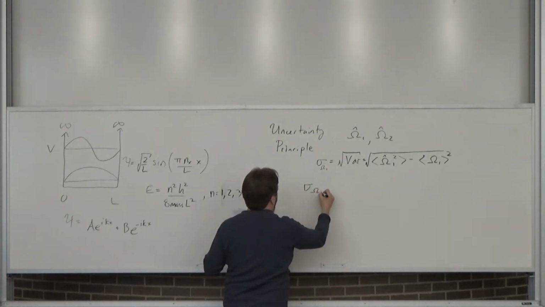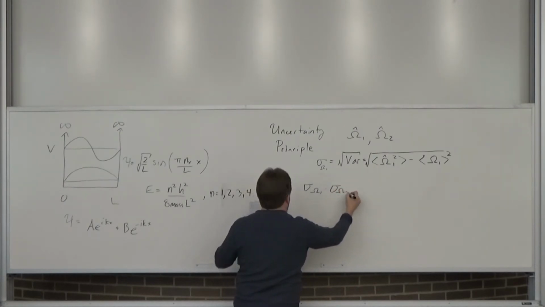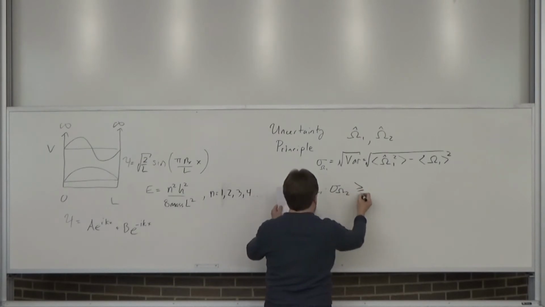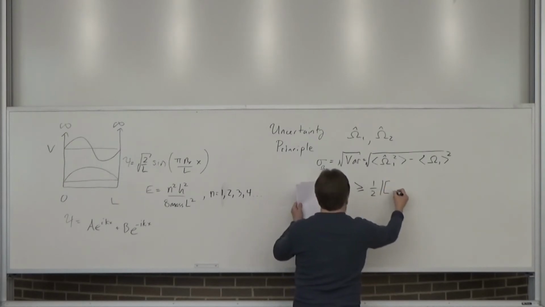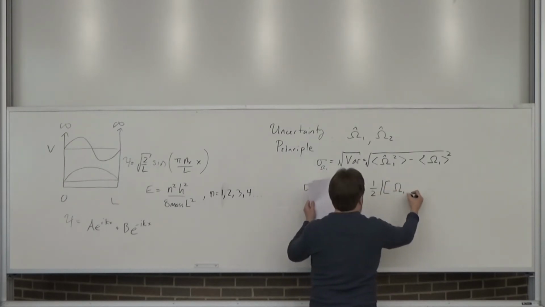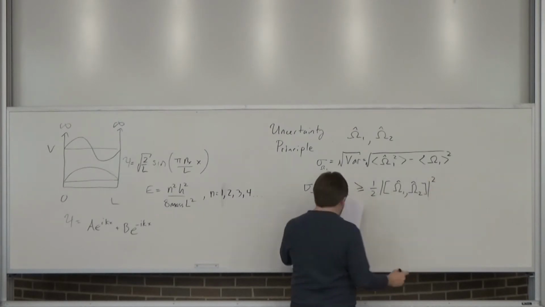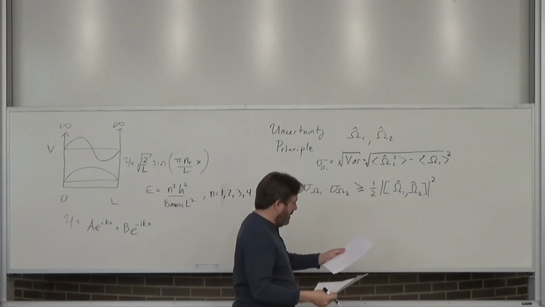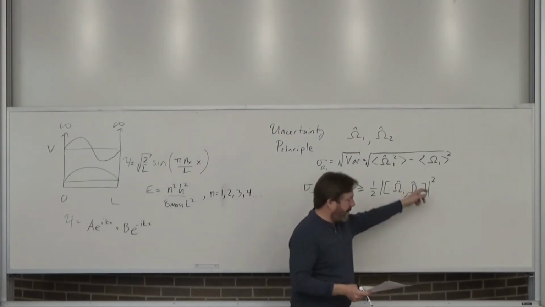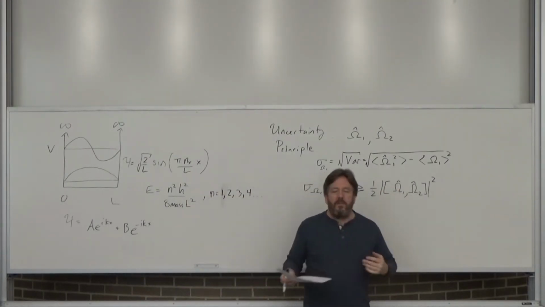Okay, the uncertainty principle says that the variance in one operator, expectation values, times the variance of another operator is greater than, I think I messed this up, we have this commutator, right? Remember the commutator? Get little hats, there we go. And isn't that squared? I think that's squared. My notes don't have it squared, so now I'm freaking out. I don't remember anymore. Yeah, I think it's squared. I'll have to double check that, but sorry. But again, this is the idea. And what it means is that,